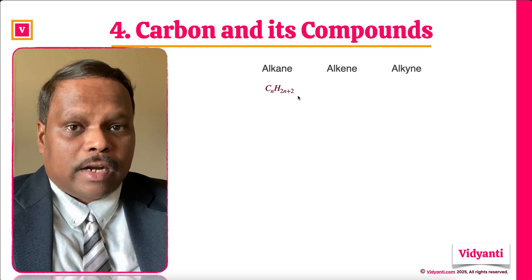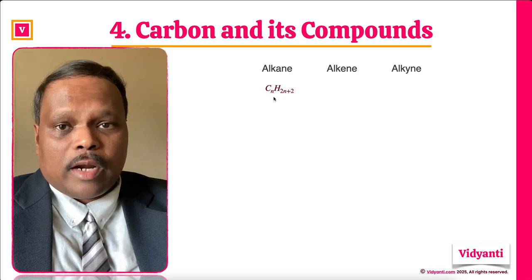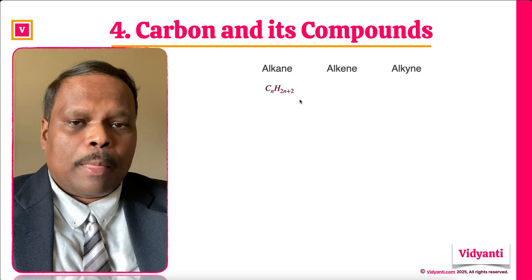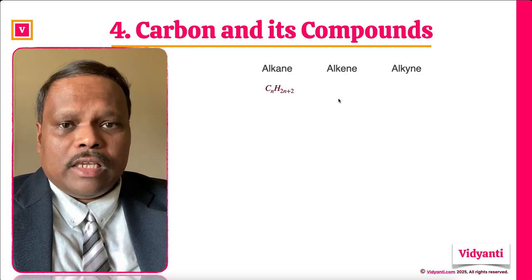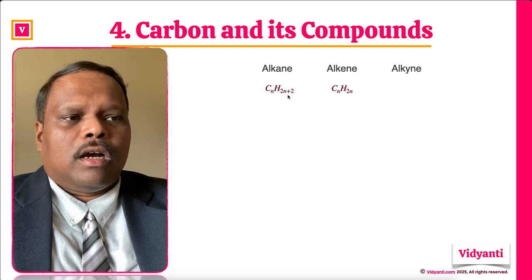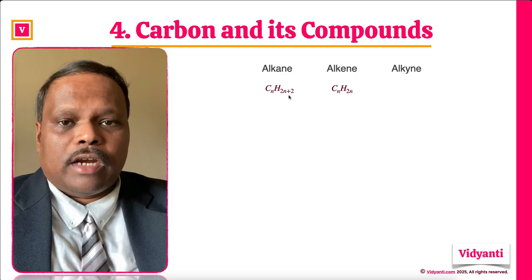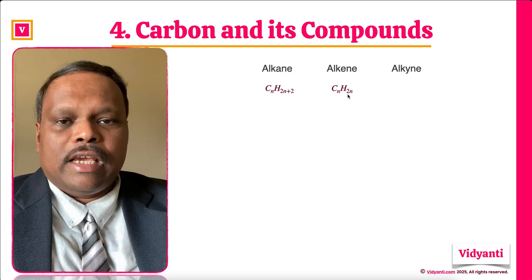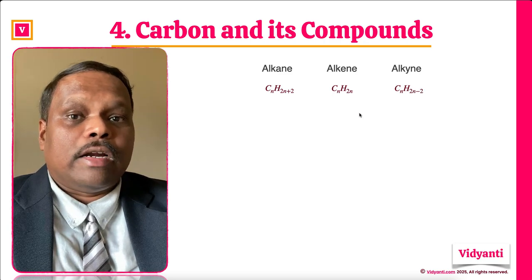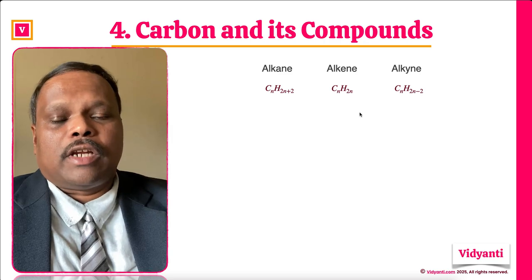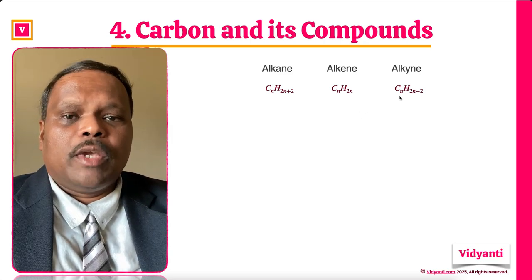Number of hydrogen atoms will always be given by this formula: twice the number of carbon atoms, 2n, plus 2. We will see why that plus 2 comes here. But in case of alkene, because of one double bond, it reduces the number of hydrogen atoms by 2, and it will be CnH2n. In case of alkyne, there will be one triple bond, so the number of hydrogen atoms further reduces by 2, and the final formula will come out to be